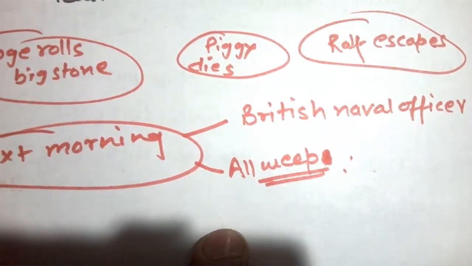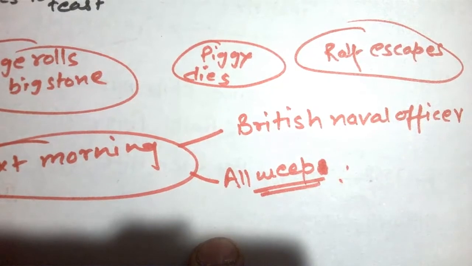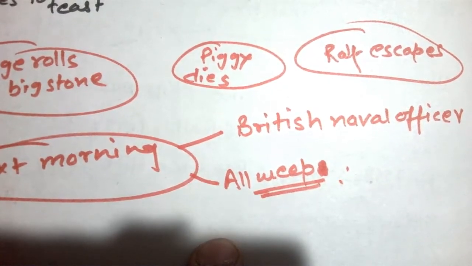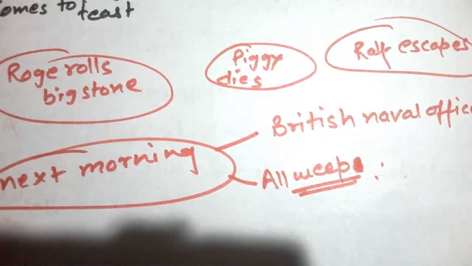When everybody comes there to hunt Ralph, they also see the British naval officer. And the British naval officer sees the whole thing. He turns his back, and they all feel that they have done wrong, and they all start weeping, and